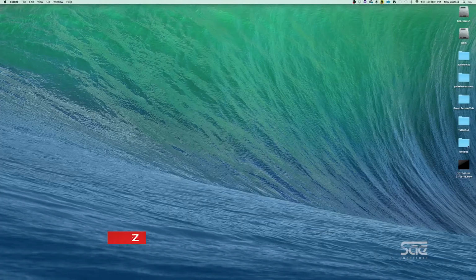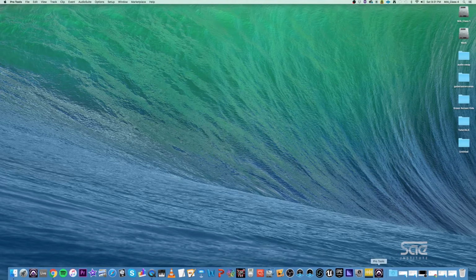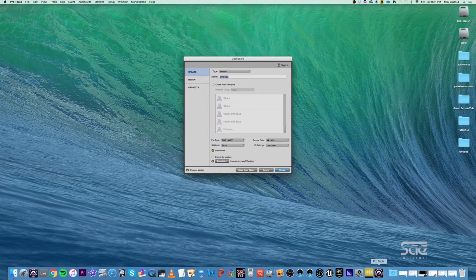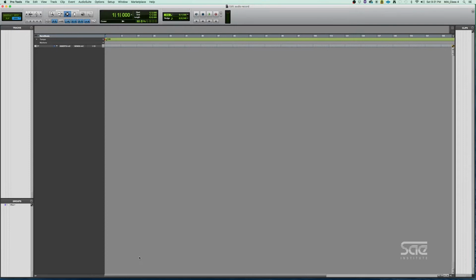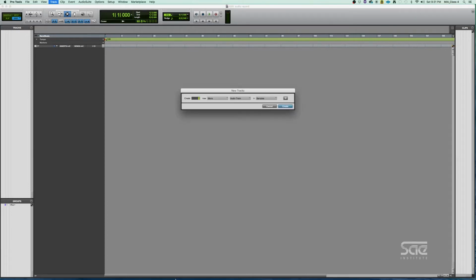Okay, so in this tutorial we're going to talk about how to properly record audio in Pro Tools. For that, we're going to start a brand new Pro Tools session, Command N. We're going to call this audio record, and we're going to make a few tracks. If you remember our quick key tutorial, just Shift Command N, and let's say we're going to do